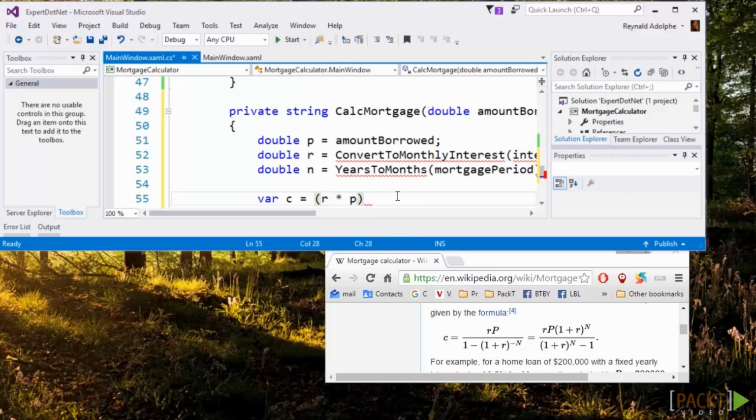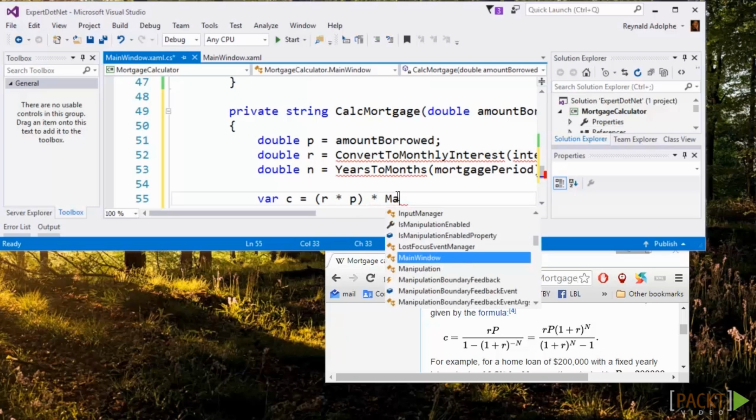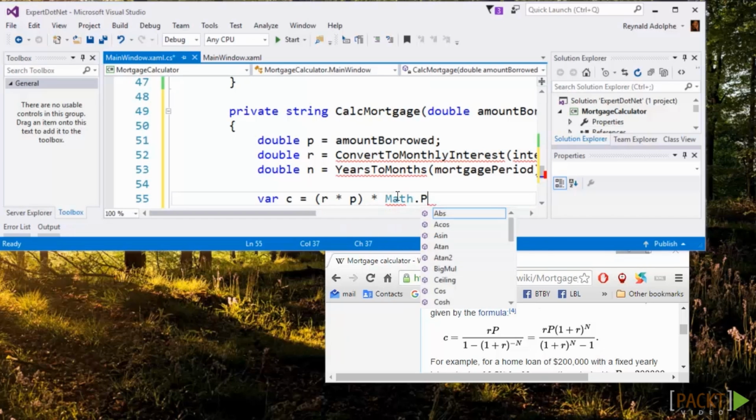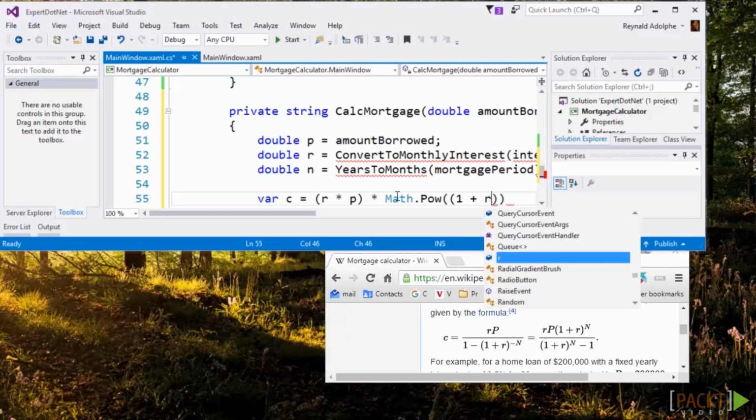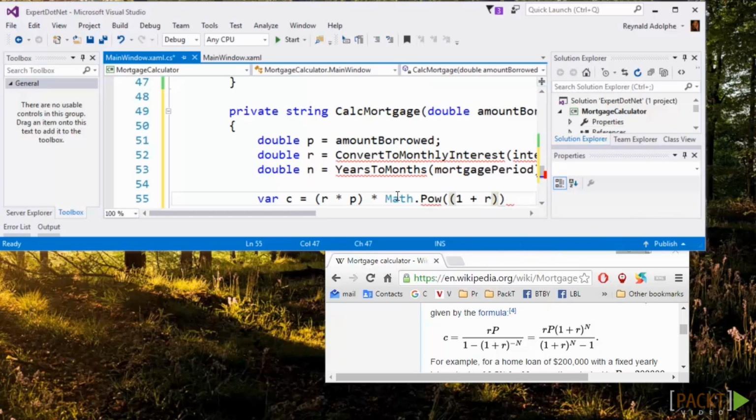And the way we do that is by adding a multiple sign, and we use the math property for power, and we'll have two parentheses because we're going to have in the inner parentheses 1 plus R, and the way we raise it to a power, the power property takes in an x value and a